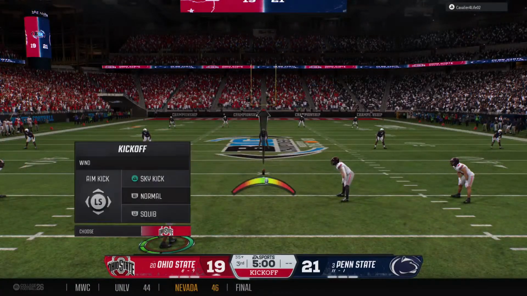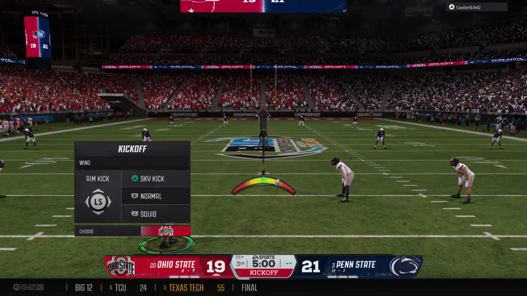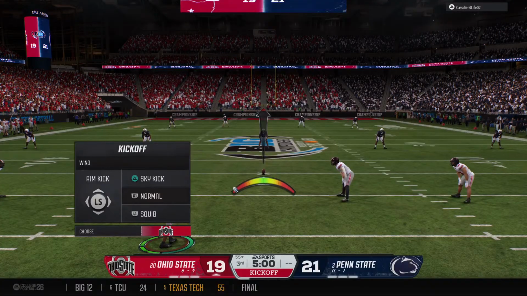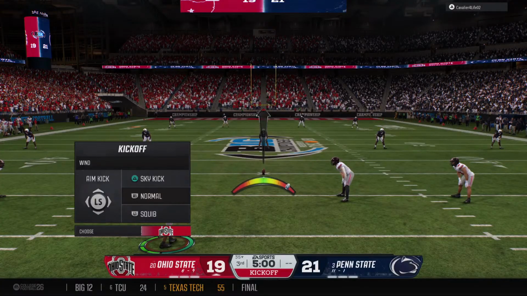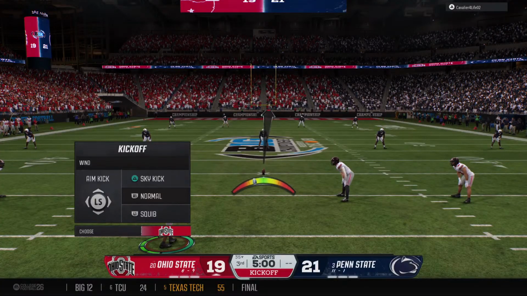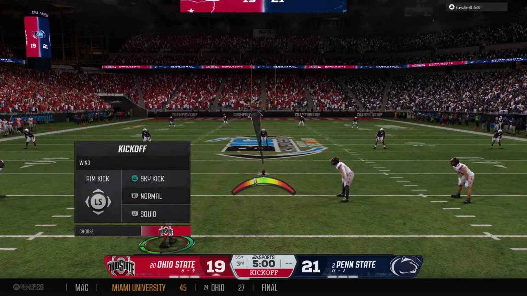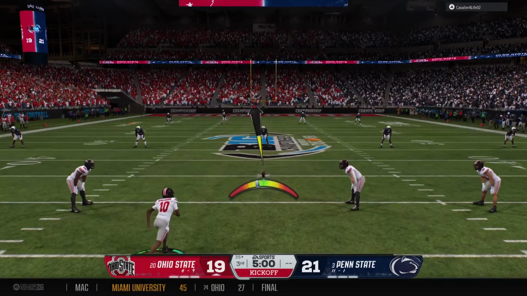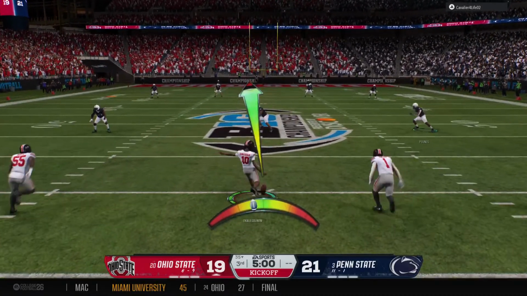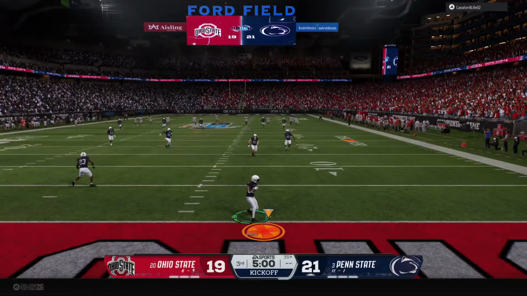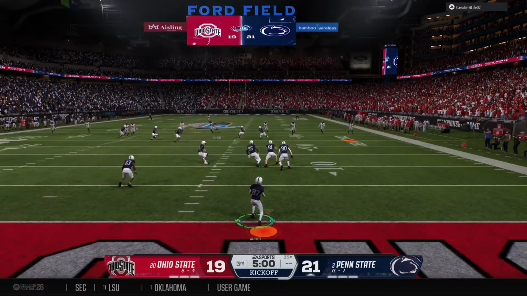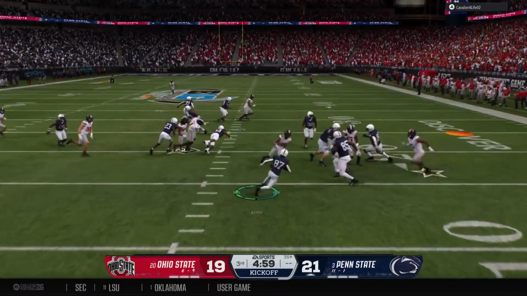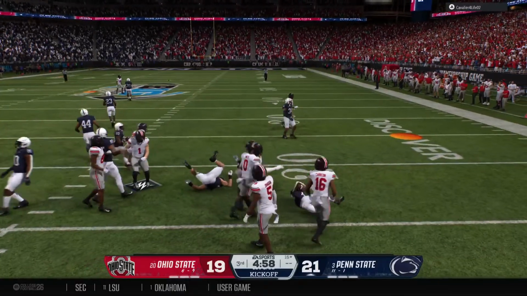The Buckeyes will kick this away to start the second half. Fields it just outside the goal line. Makes it to the 16.